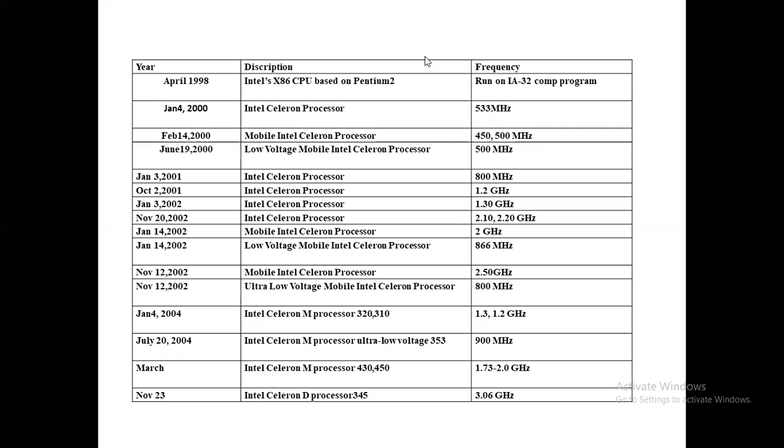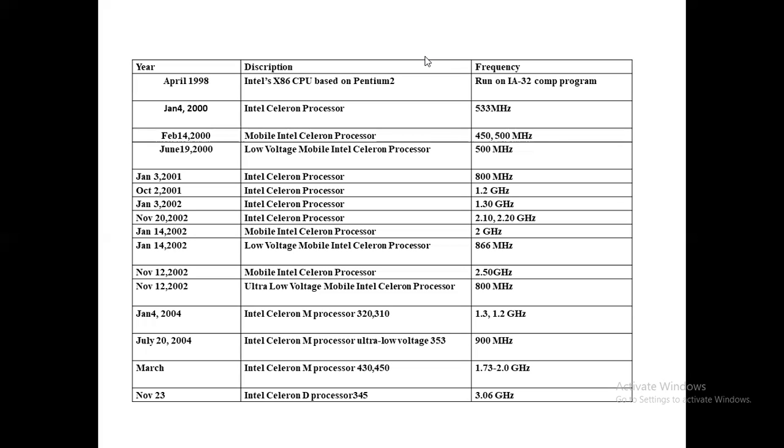In year 2001, marked the introduction of the following processors. Just like in January 3, Intel Celeron processor, which is having a frequency of 800 megahertz. October 2nd, on the same year, Intel Celeron processor, which is having a frequency of 1.2 gigahertz. The next year, in 2002, marketed the next processors as January 3, 2002, Intel Celeron processor having a frequency 1.30